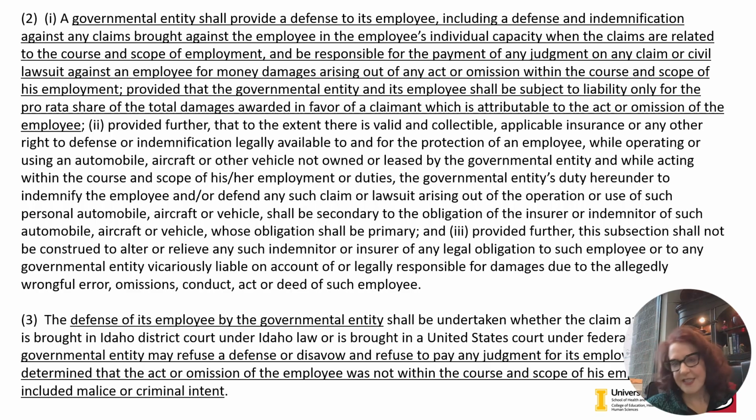They have to step in and take care of the defense of it. And if there's any liability, that is on the school district and their insurance company to take care of, not the individual. Again, only the pro rata share, not the entirety. Now,